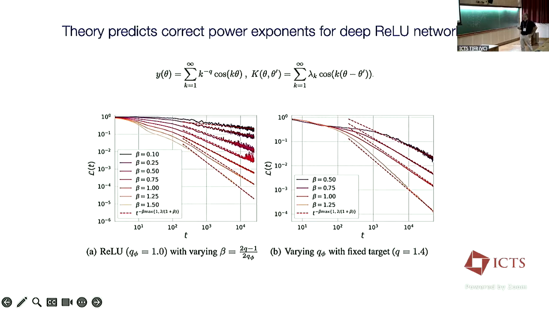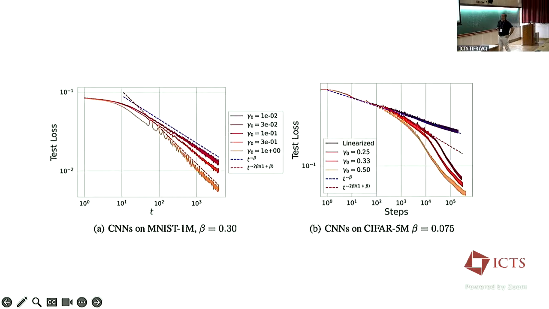That is interesting. So can we do the same thing on more real data? I'll show you two experiments. This is CNNs trained on MNIST. We again did the same thing we did before. We take the CNN, diagonalize it, look at the spectrum, extract all these eigenvalues and coefficients, and then train for lazier and richer scenarios. This is the lazy scaling exponent we get from this theory, and this is the rich scaling exponent we get from this theory. Seems to match.